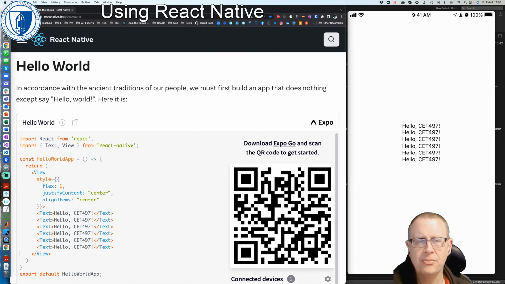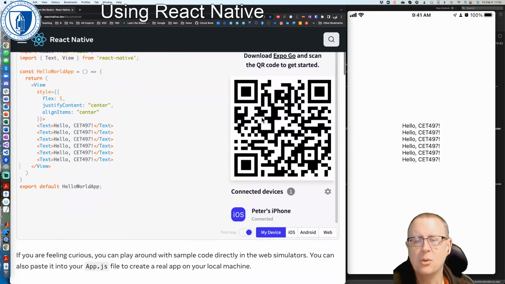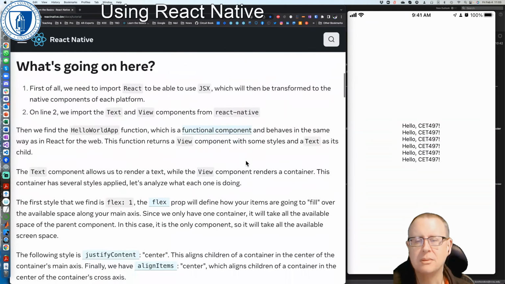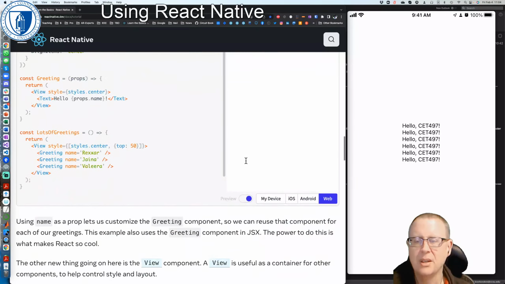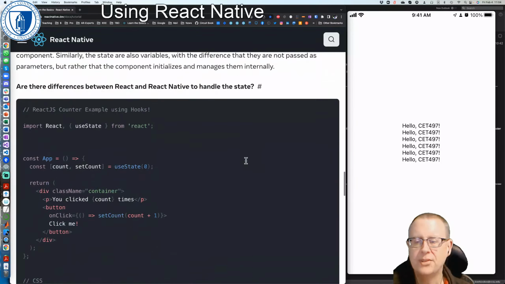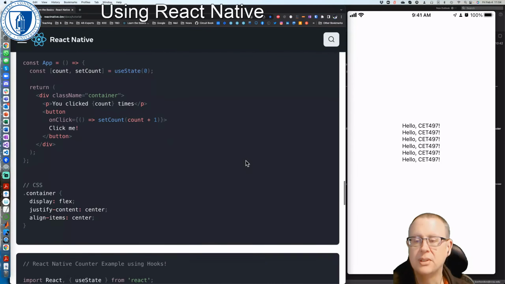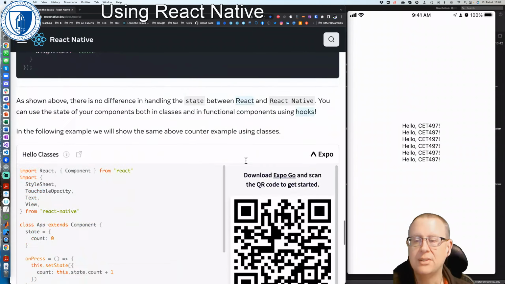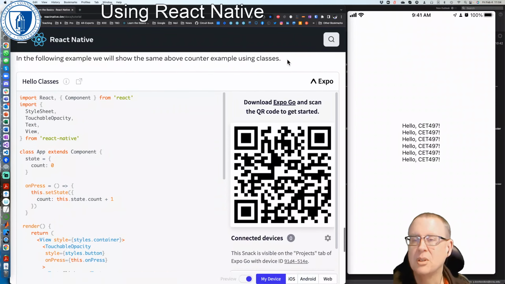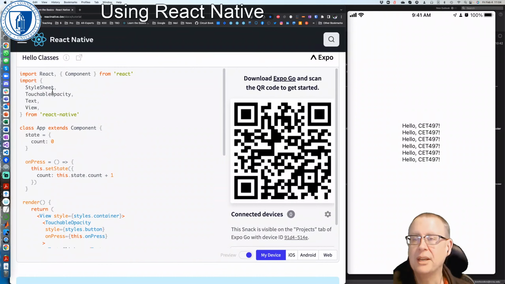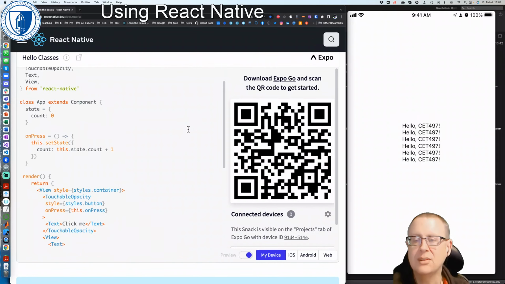Now that's just adding text. That's pretty boring. So there's another example down here where state is used, right? And so here we've got some extra pieces. Instead of just text and view, we've got touchable opacity and style sheet,